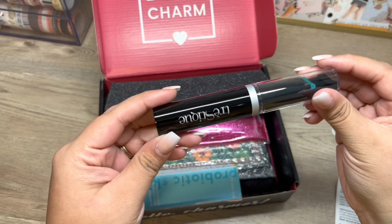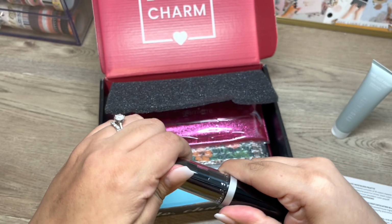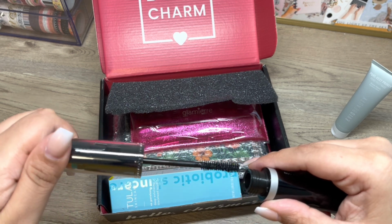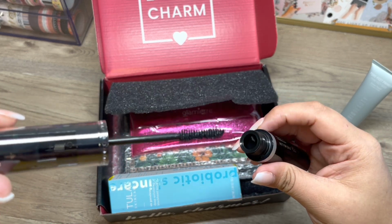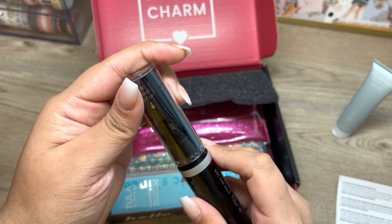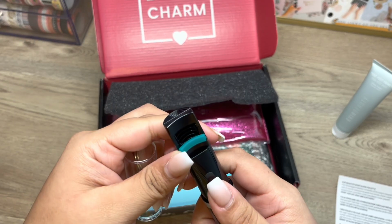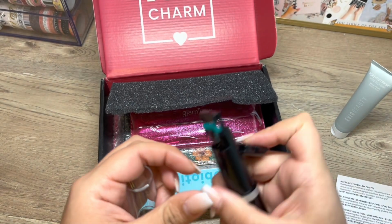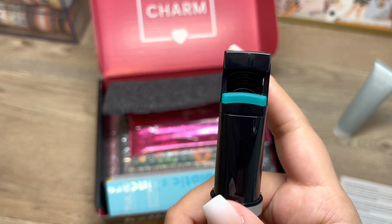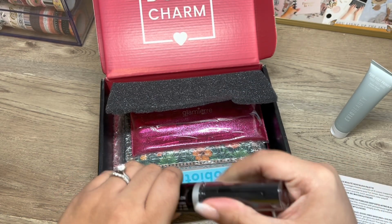Okay, this thing is massive. What the heck? Tristique. I don't even know how to use this. Okay. What in the world? And it says flip down to curl. What? I'm so confused. Okay, so there's that. Oh, it comes with an eyelash curler. Okay, interesting. So that's really good for on the go because you have your eyelash curler and then you have